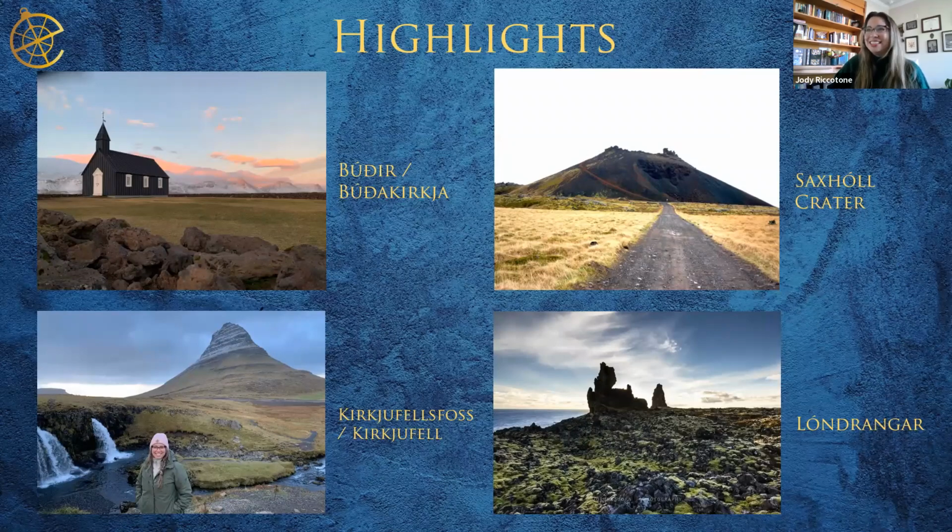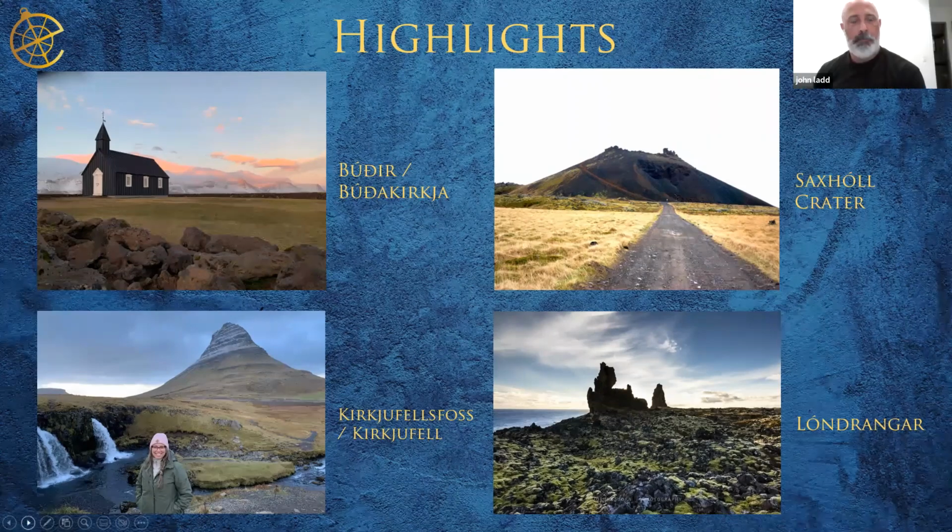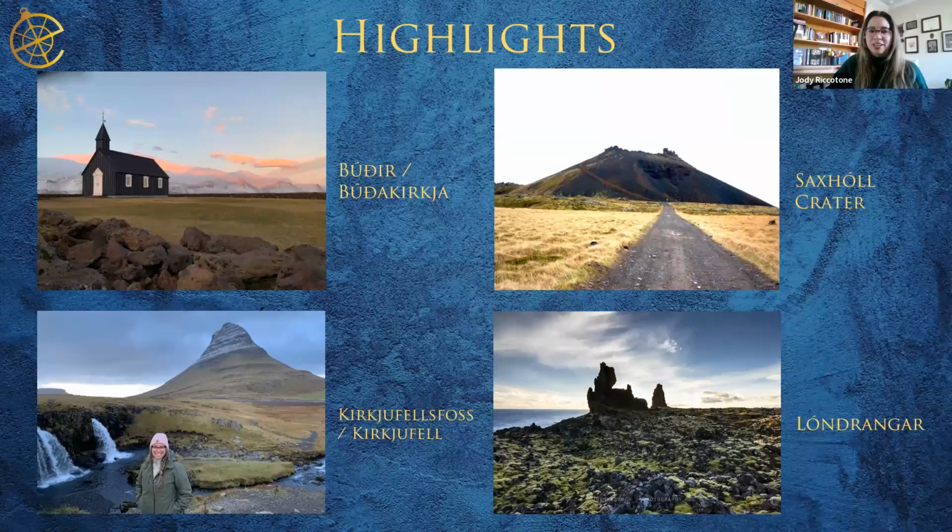So the highlights here are going to be the Black Church in Budir, which you see here. There's the Kirkjufell and Kirkjufell Foss. Foss just means waterfall here. And this is known as one of the most beautiful mountains. It's famous also for being in Game of Thrones. So as you can see, it's very outdoor oriented, very natural oriented, and